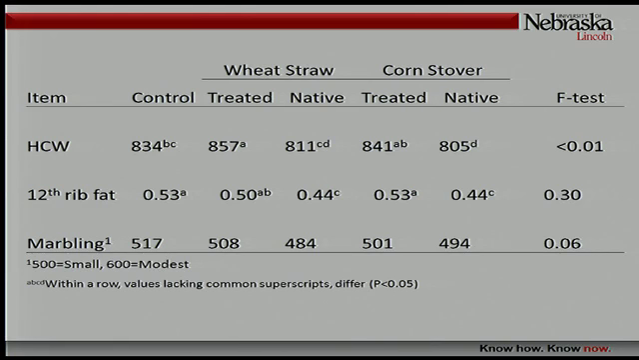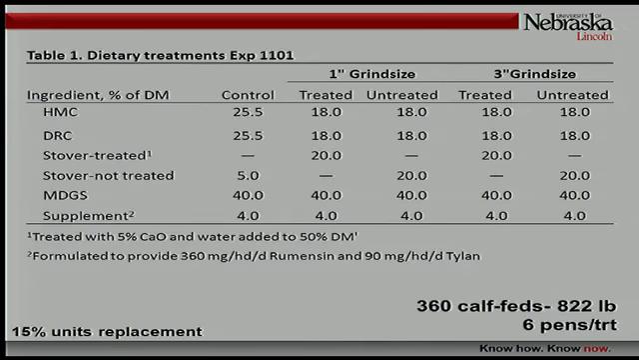Notice how much the untreated residue inclusion dropped off quite dramatically, as you would expect. Had similar amounts of 12th rib fat for the diets containing treated residue. Similar amounts of marbling was observed as well. So we've had that experiment, and we thought, going forward, maybe there's things we can do to really enhance